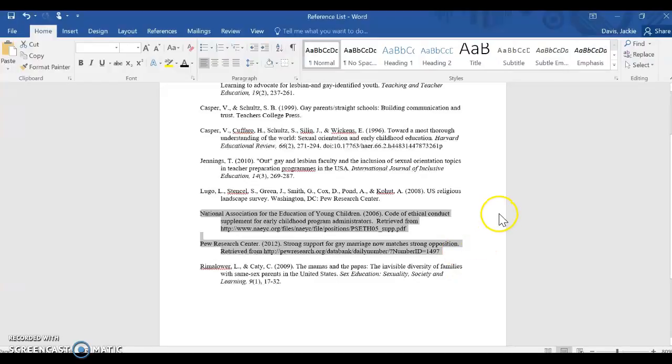And then usually you are going to find these types of articles online at the website of these particular organizations. So you will let me know where you retrieved the article. And then once again, I should be able to take this link, plug it into my browser, and pull up the article. I think the last article that I referenced in this particular list follows the rules that I've already